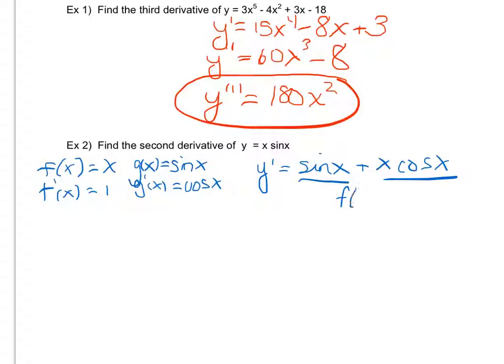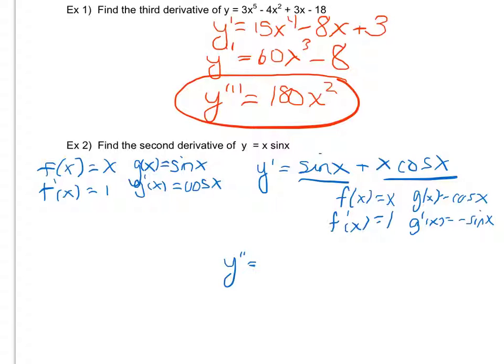So I'm going to set that up and take all my derivatives at once. So f of x will be x again. F prime of x will once again be 1. G of x is now cosine x. Therefore, g prime of x is a negative sine x. And so then my second derivative is the derivative of sine x, my first term, which is cosine of x,